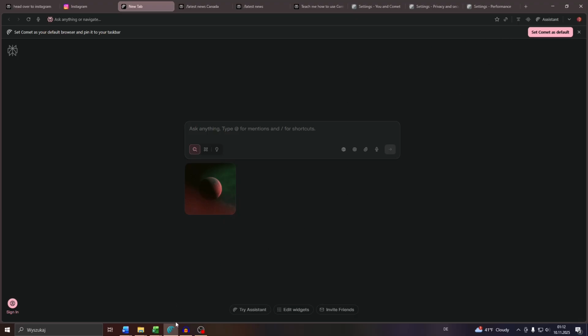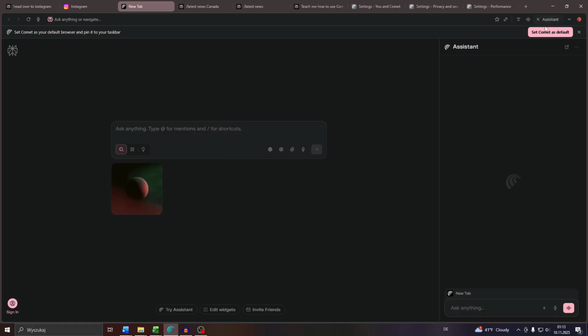Alright guys, so in the Comet AI web browser application, you will see the Comet Assistant in the top right corner. So you may use it, for example, give it commands, prompts while browsing the internet. Open it up here or in the panel to the right and use it like an assistant in navigating through the internet, for instance, guys. So if you'd like to enable it because you accidentally turned it off, or vice versa,